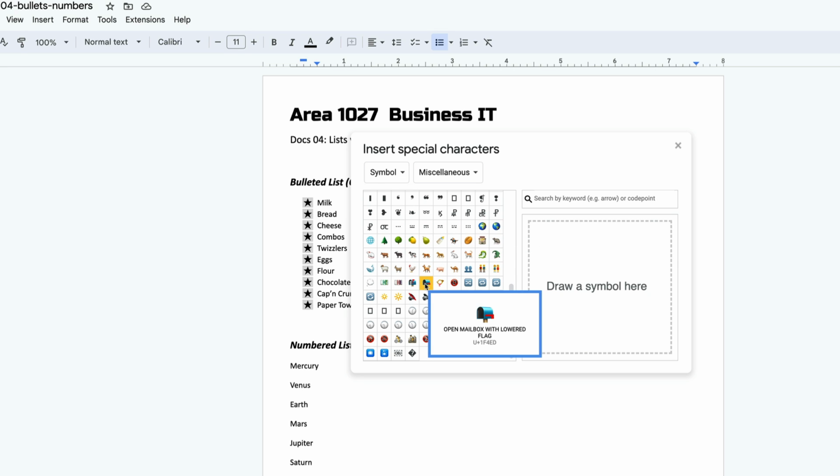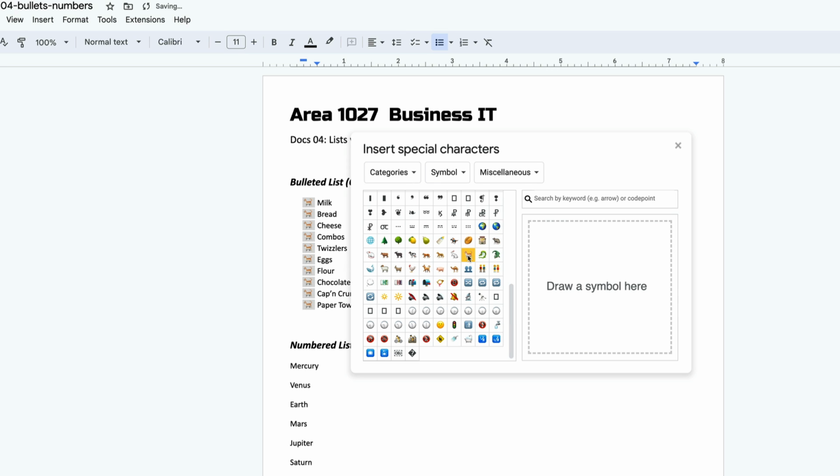So yeah, let's go with, oh gosh, so hard to decide. Let's go with cat. I'm a cat lover. I have 2 cats and I like them. So I'm going to say, what if I want my bullets to be cats? I'll just click that, and you can see right over here that my stars just turned into little cats, and